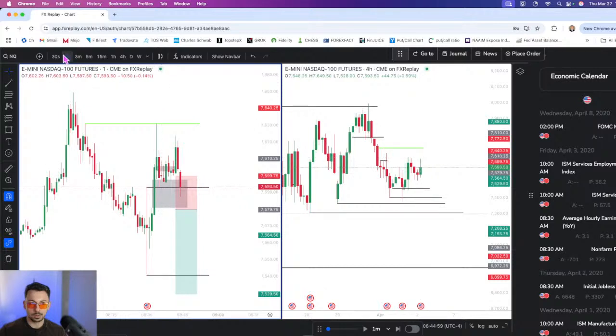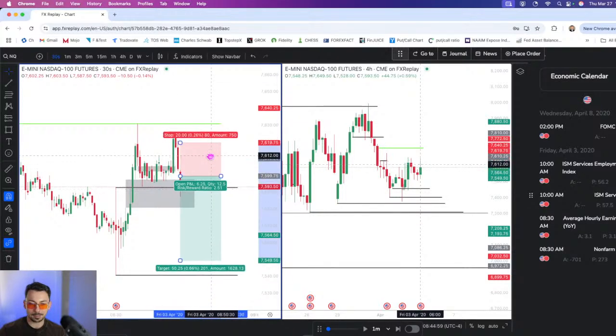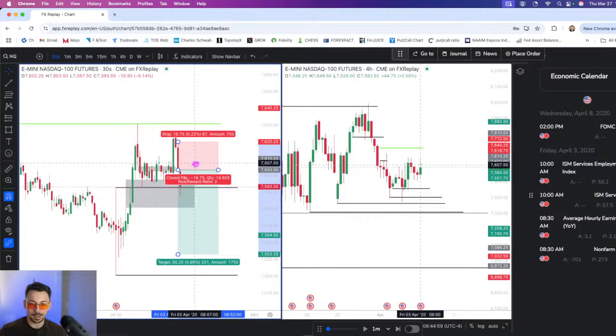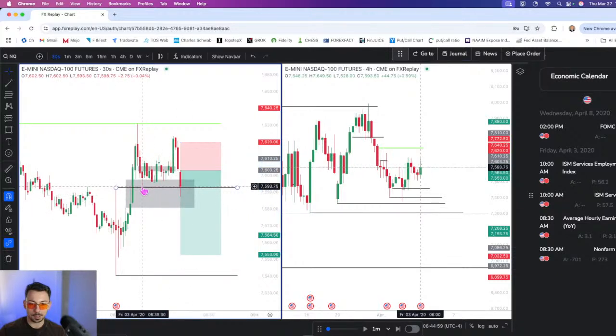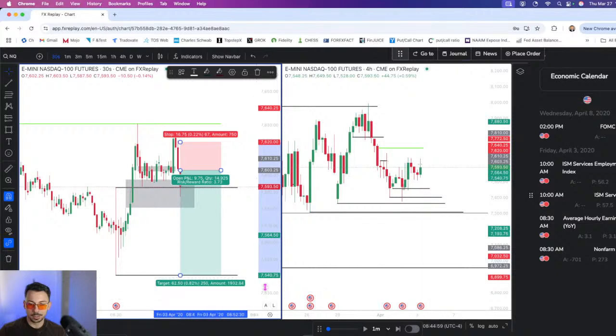Ooh, that looks really good. Okay, I missed that, but I still think this is probably going to work to the downside. We're not going to take this, guys, because I missed it, but this was a really good setup. And then your stop to break even would be at this low, which is already there, and I would target the data lows here.